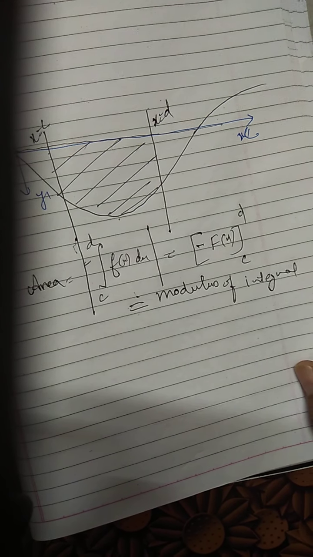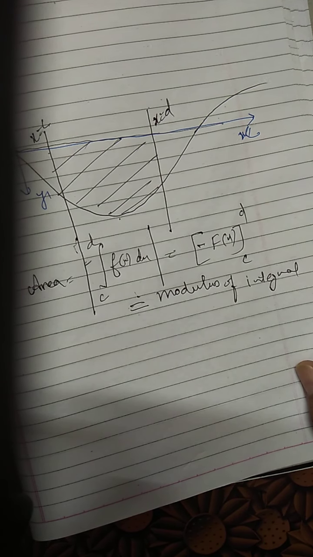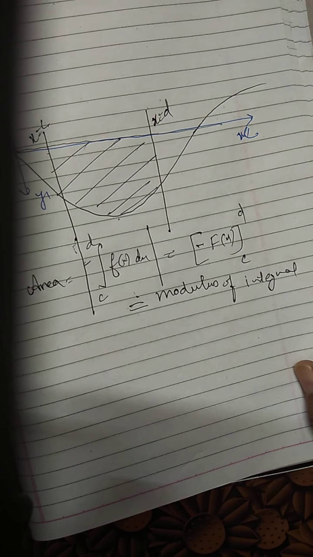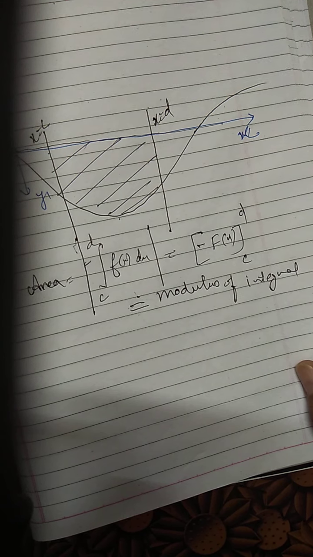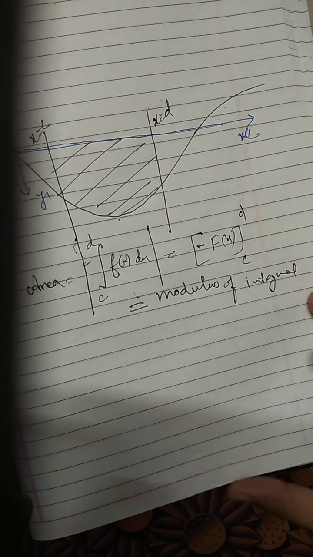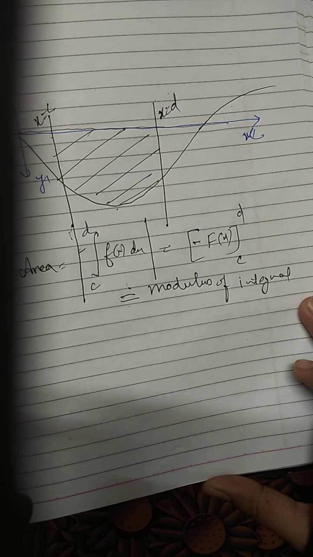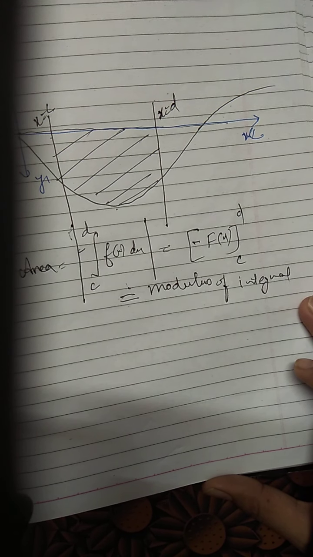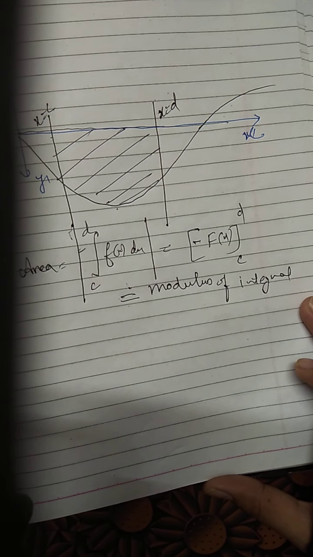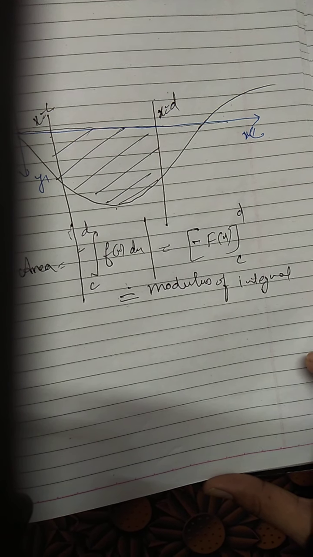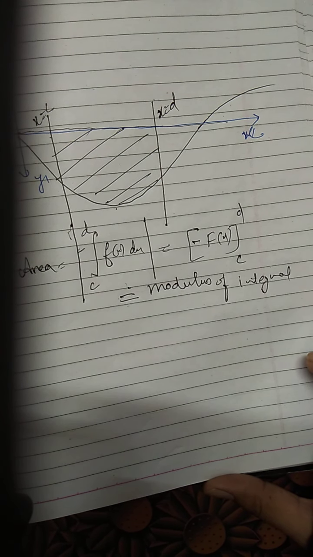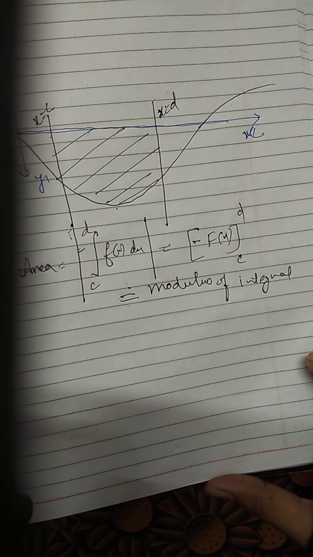Or by chance, if you have not written the modulus over the integral and your answer is coming negative, we will say that, ignoring the negative sign, whatever value you are getting is the area, since area can't be negative. That explanation can also be given. Clear? So this is how we will find it. And in this chapter, when we are solving a sum, it is very important to draw the sketch of the figure.